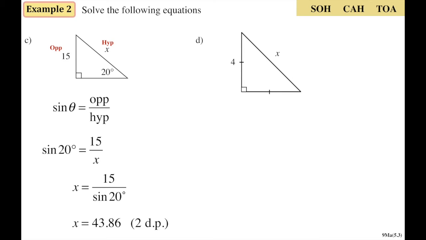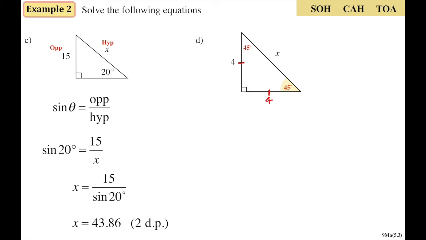Now the last question, or for example 2, part D, we just need to be aware of, we're not given any angles, but we know with this question that it's an isosceles triangle because we're given those two sides are the same length. Now you could use Pythagoras' theorem or you could use trigonometry, but to use trigonometry you need to know that these two angles are 45-degree angles. Why are they 45-degree angles? Because if it's isosceles and this one's 90,